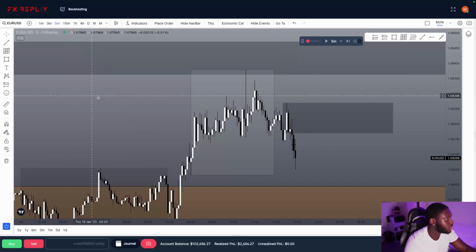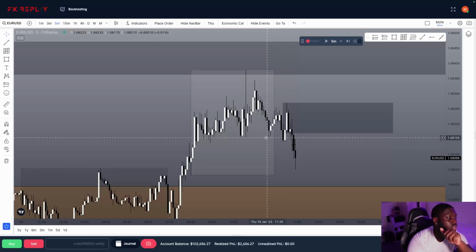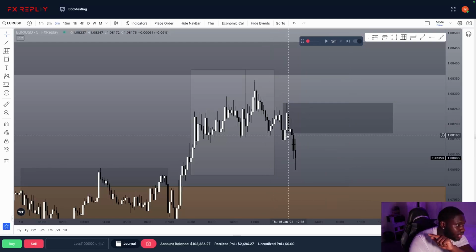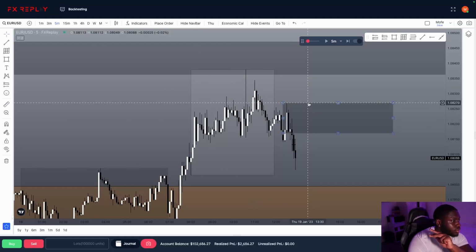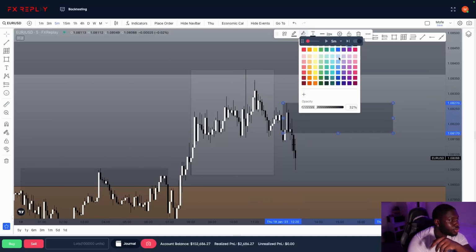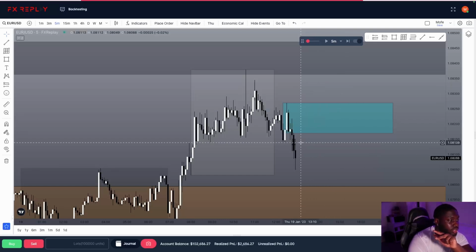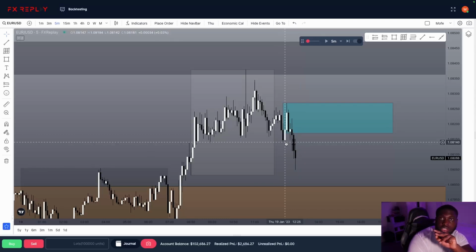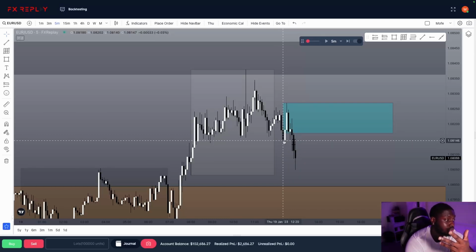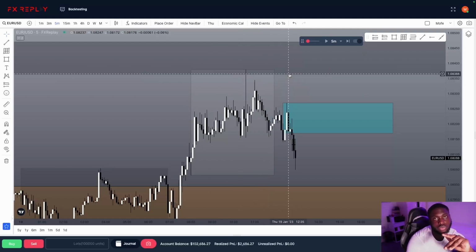But the liquidity sweep of this high, that's 1. The breaker structure of these lows, that's 2. Is there a fair value gap? There's a fair value gap right here. Let me change the color of this order block. If it's blue, just know it's an order block. So we had the liquidity sweep, the breaker structure, the fair value gap, this one right here. Unmitigated price. Once price broke this line, it was valid. Price hasn't pushed into it, so that's 4. And there is no fair value gap above our stop loss, other than this big H1 fair value gap.